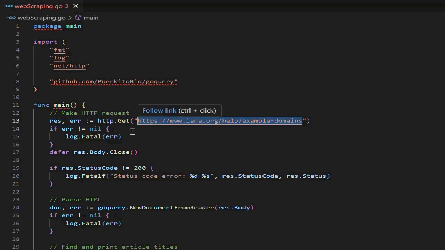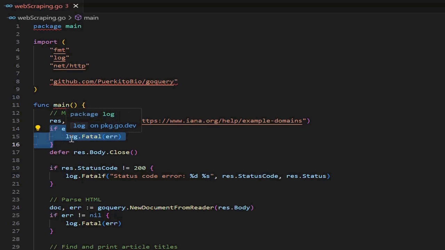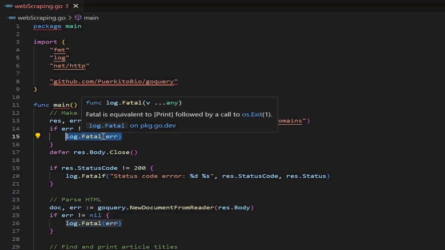from. It will give two responses. First is the response, which means the body of the web page, and second is the error if any issues arise. If the error is not nil, then it will log an error with the fatal priority. This is the highest priority of logging errors. That means we got something that is blocking an application or a program and it needs to terminate immediately. So whenever it gets log.fatal, it will immediately terminate the code.